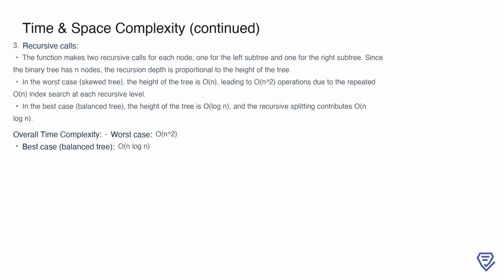Now, let's consider the recursive calls. For each node, the function makes two recursive calls, one for the left subtree and one for the right subtree. Since the binary tree has n nodes, the recursion depth is proportional to the height of the tree. In the worst-case scenario, such as a skewed tree, the height of the tree becomes O(n). This means the O(n) index search operation is repeated at each level,